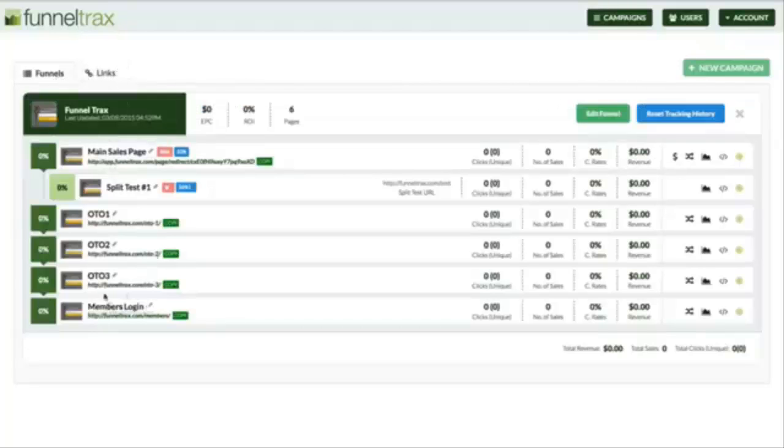Okay, so it's really just that simple, guys. It's very, very easy to obviously track your links, track your funnels, and you can do that all from one interface. Now, there is one other